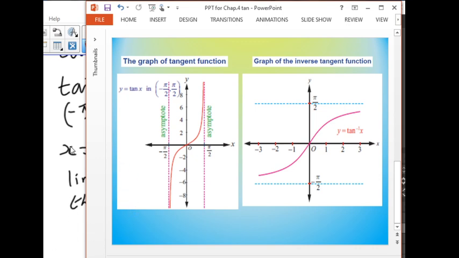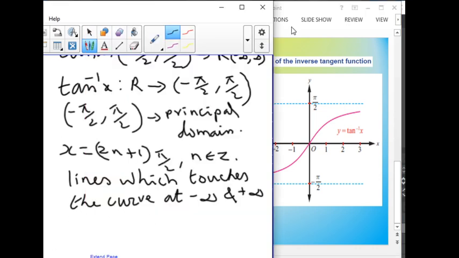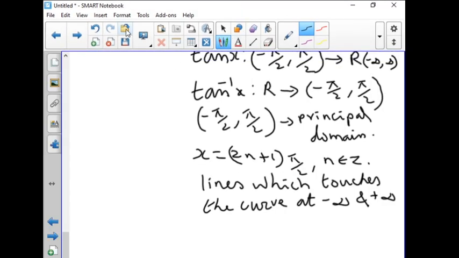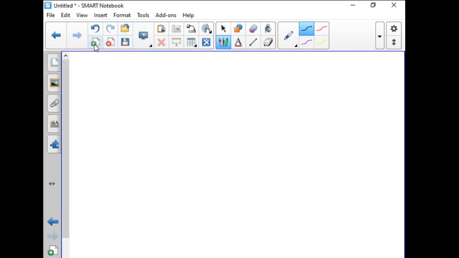Okay, so now you see a few notes given here. The inverse tangent function is strictly increasing and continuous on the domain minus infinity comma infinity, and the curve y equal to tan inverse of x passes through the origin and is symmetrical about the origin because tan inverse of x is an odd function.